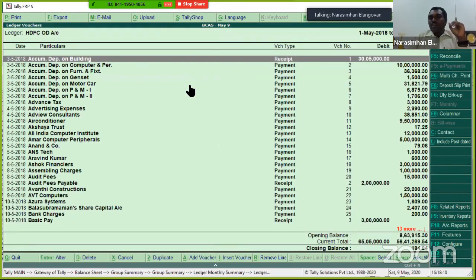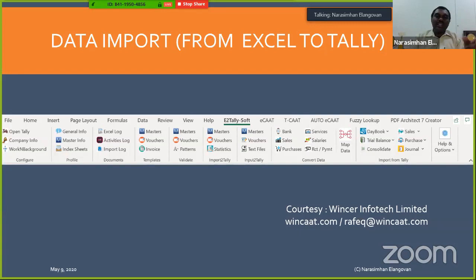Of course, if you are doing this in your software, my very important recommendation is please ensure you take one backup, because sometimes accidentally you might end up doing something else. So take a backup and then go ahead. Okay, so this is basically how you use it. And this is a software called Excel to TallySoft. A couple of useful softwares which I thought